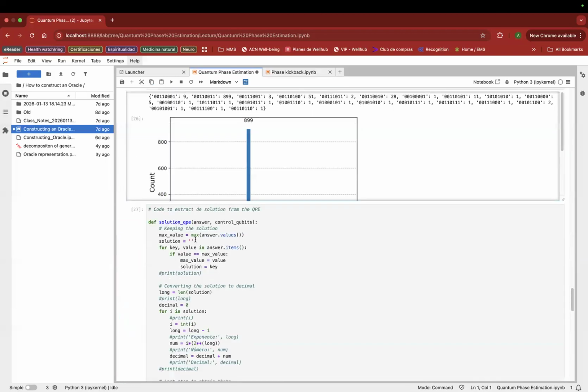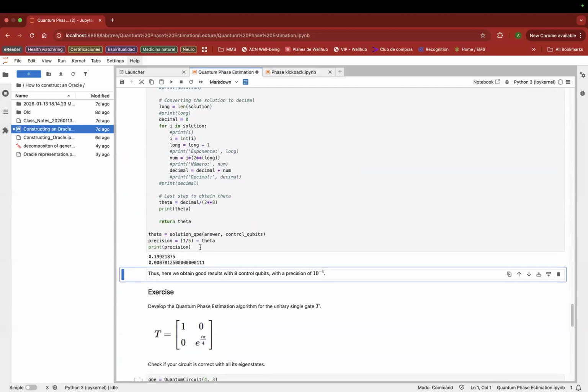And this is exactly the deliverable, students. This is what I want you to do. For different types of phases, I want you to run the quantum phase estimation algorithm in its generic form, adding more qubits from 1, 2, 3, until you find the number of qubits you need to add to really get a good precision in the solution. Because otherwise, if you just put 1 or 2, you don't get anything. This is what I really want you to show.